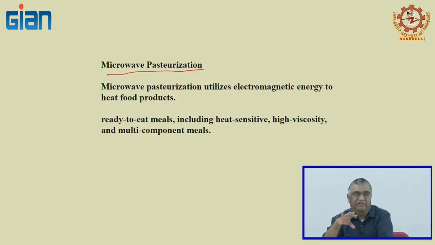Remember, pasteurization is a mild temperature, whereas sterilization is a much higher temperature. So, in the case of microwave assisted thermal sterilization, they may be achieving temperatures in the range of 130-140 Celsius, whereas in pasteurization they may be achieving temperatures of about 70 or 80 Celsius,